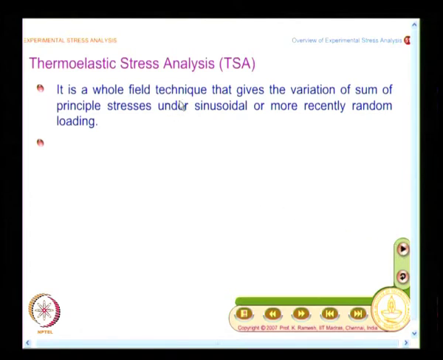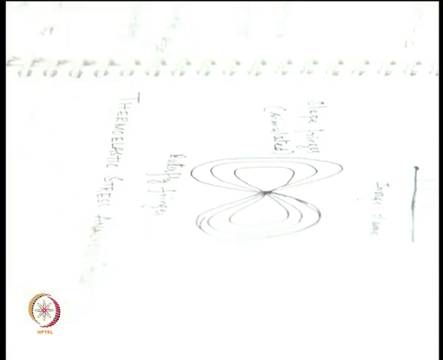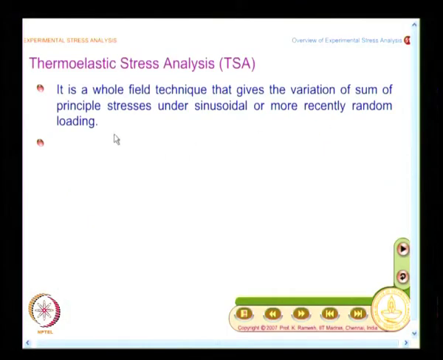It is a whole field technique, and it gives the variation of sum of principal stresses under sinusoidal or more recently random loading. Because if you look at the history, initially it was developed for sinusoidal loading. Once the technique has matured, people have found methodology to extract data even for random loading situations,